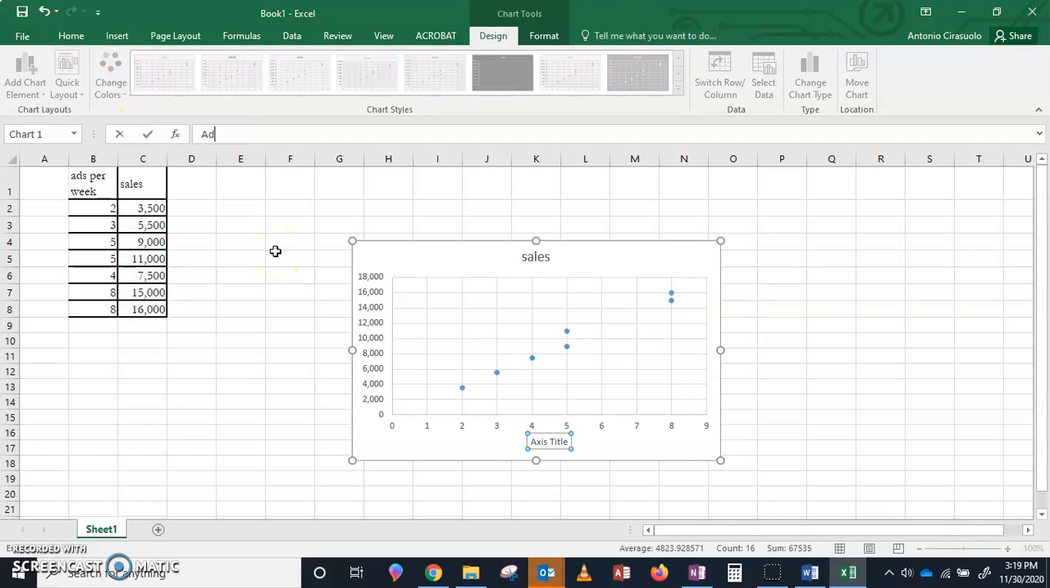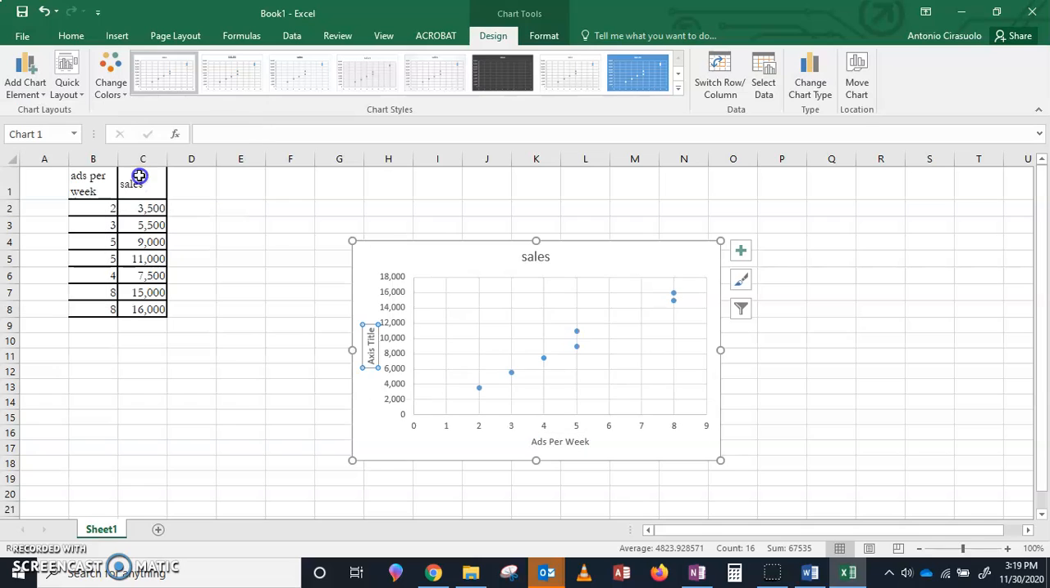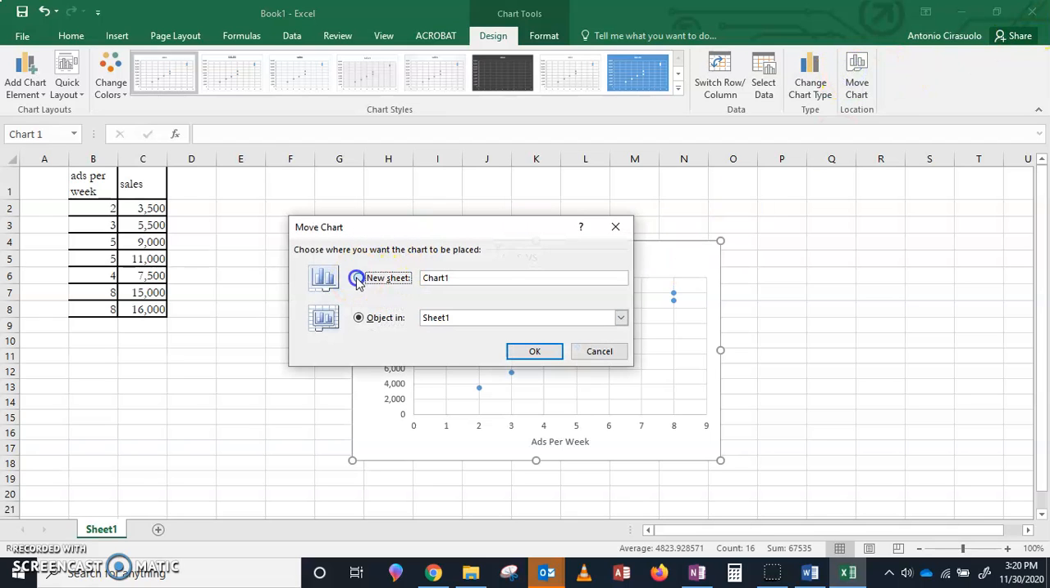So that's ads per week, and the sales, and we'll put dollars. Okay, and we should also include our title. We'll say ads versus sales. And I'm going to move this chart